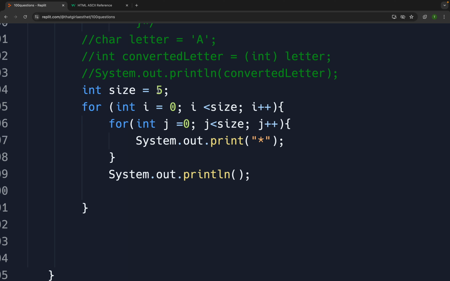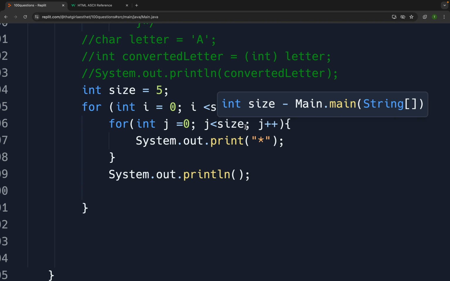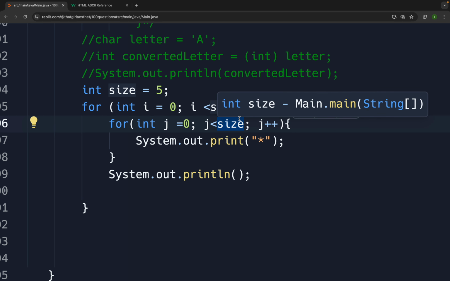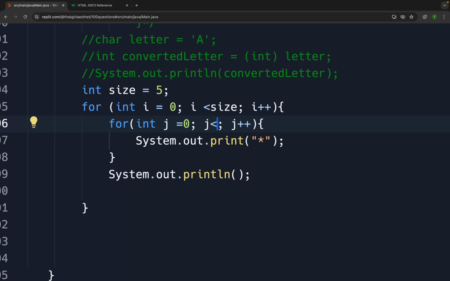If we forget the j line right now, one asterisk is printed, then my i is 1, i is still less than the size, then another asterisk is printed. Now I need that in my first row there's one element, in the next row there's 2, in the next row there's 3. So instead of size right now, if we see the value of i is 0 1 2 3 4, so now if I write j is less than i,